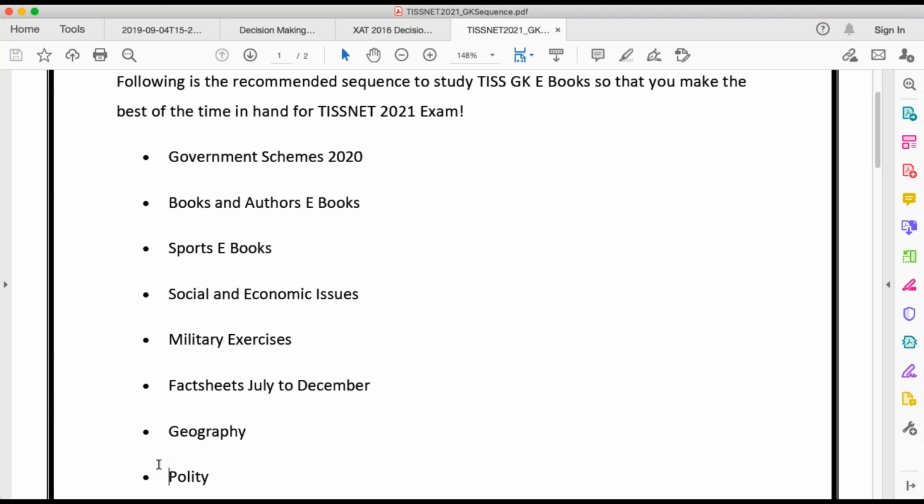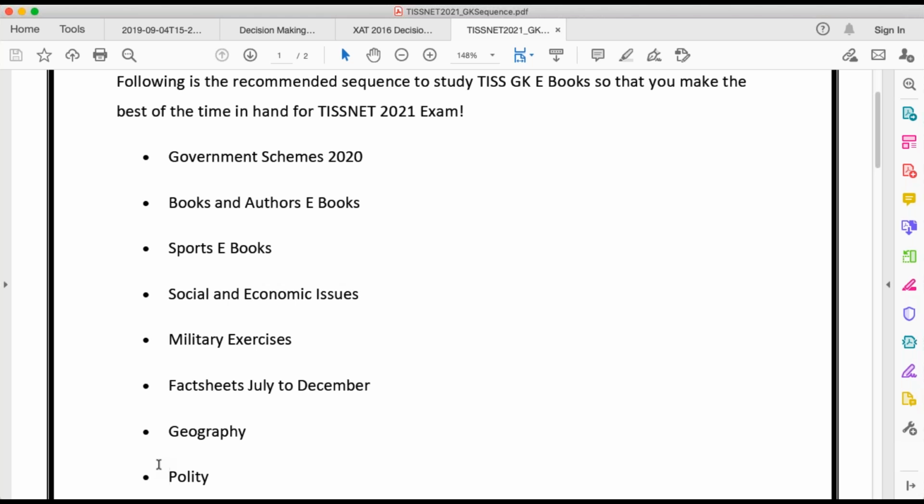If India won any global award, you should remember that. If India got any significant achievement, you should remember that. Those kind of current affairs questions are what are going to come in the exam more. They are not going to ask you what happened, say, in Bihar elections. Not very political kind of questions will come. So politics you can keep slightly on the back burner while studying current affairs. So current affairs will be primarily focused on those areas which I told you.